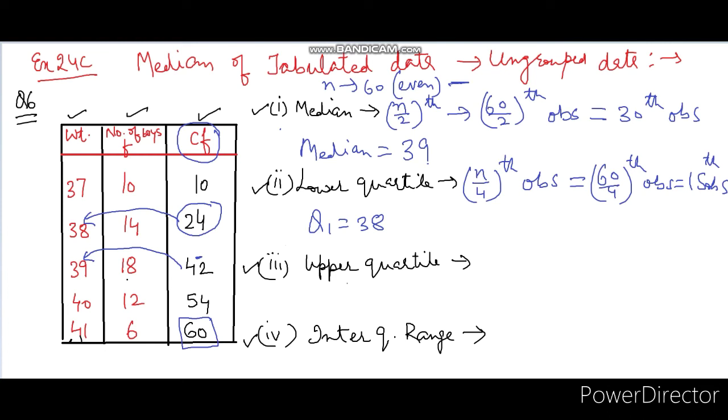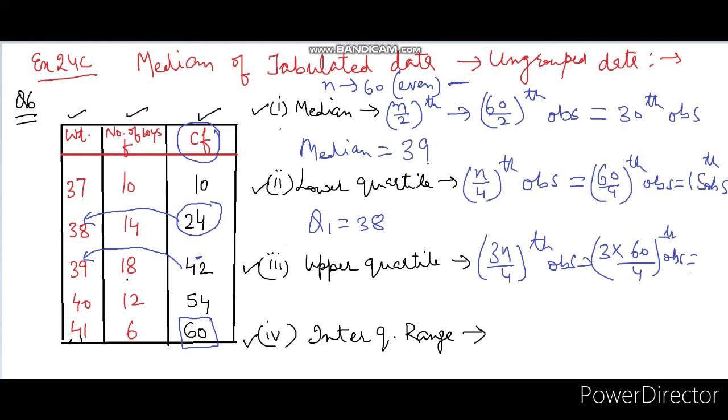Now come to the upper quartile part. The upper quartile is known as Q3, and the formula for an even number of observations, if you remember students, is 3n by 4. You need to learn these formulae. If you write even a small formula wrong, the whole answer, the whole process goes wrong, remember. So everything depends upon this formula only. 3n by 4, put the value of n, 3 into 60 divided by 4, observation, and this will give me what?